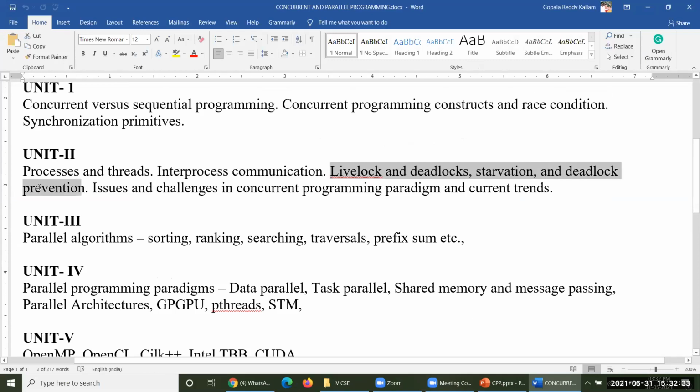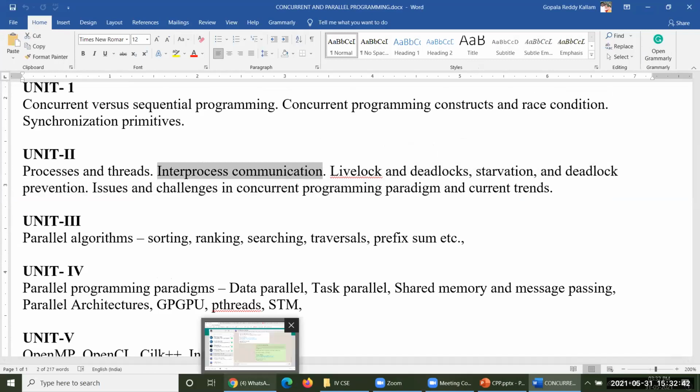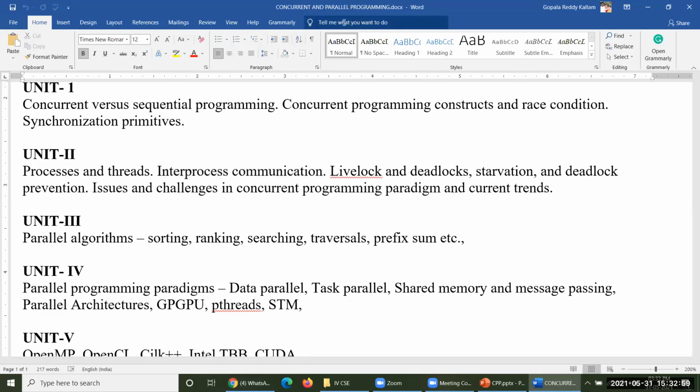Deadlocks and deadlock prevention are very important. Inter-process communication, okay. Tomorrow we shall discuss the actual semaphore, then monitor, and then segmentation. Segmentation is not there, I think. So monitors and semaphores will be taken into consideration by tomorrow. And very importantly, I would like to concentrate